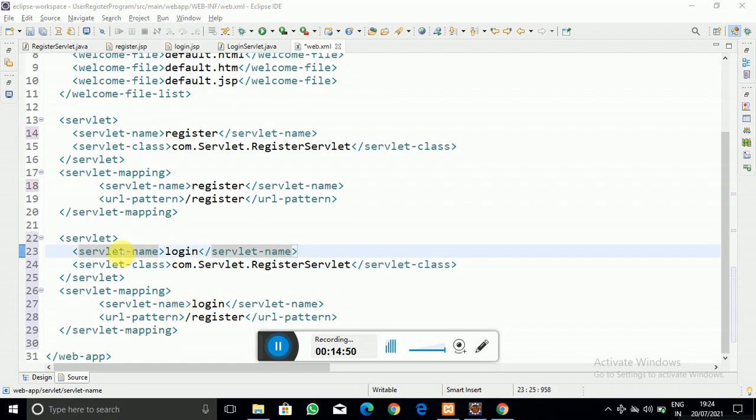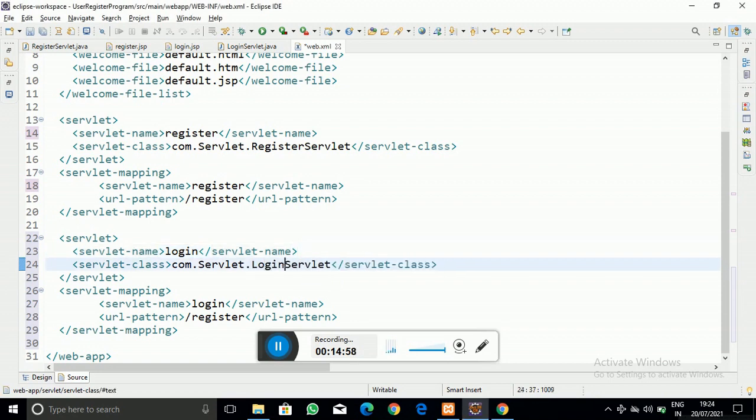As you can see, I have given the servlet name as login, and the servlet class is the login servlet class, that is com.servlet.login.Servlet, the class which we have created. So in this way, I have registered our servlet in the deployment descriptor.